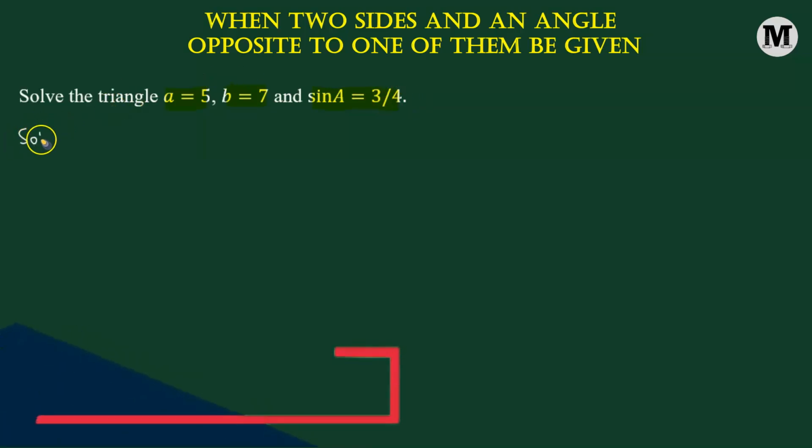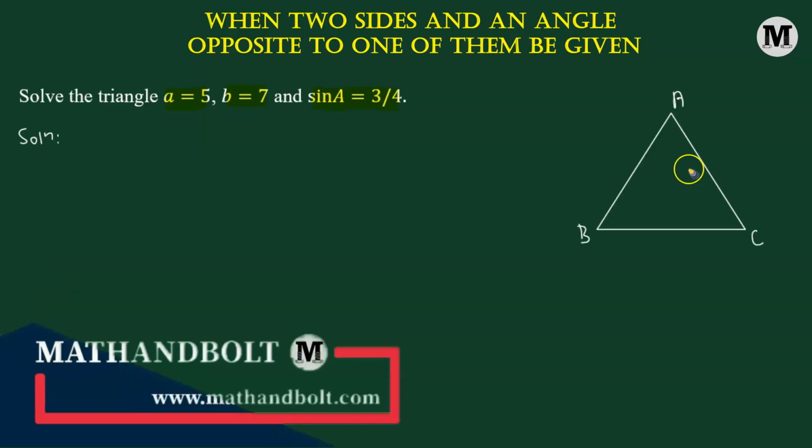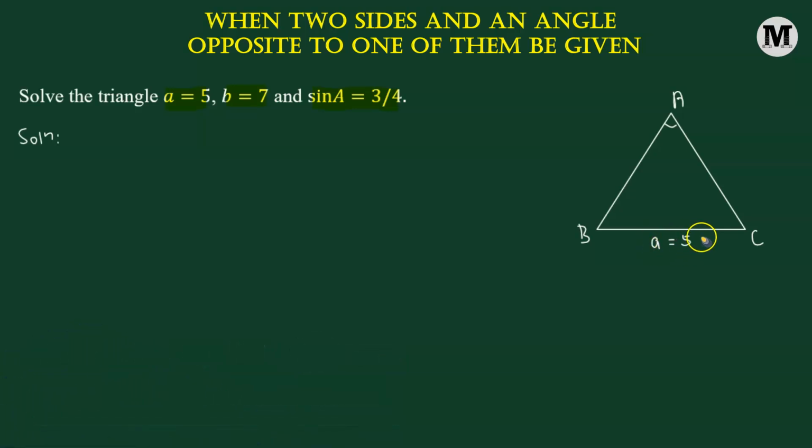Let's construct a triangle ABC. Now for this triangle, we consider the angle A. The side opposite to it is BC. We're going to denote it by the letter a in lowercase. That has a measure of 5 units. Then the side that is opposite angle B, which is AC, will be denoted by the letter b in lowercase. That has a measure of 7 units. And then we have the sine of angle A, that's given as 3 over 4. We'll come to that. The side opposite to angle C is going to be denoted by c in lowercase as